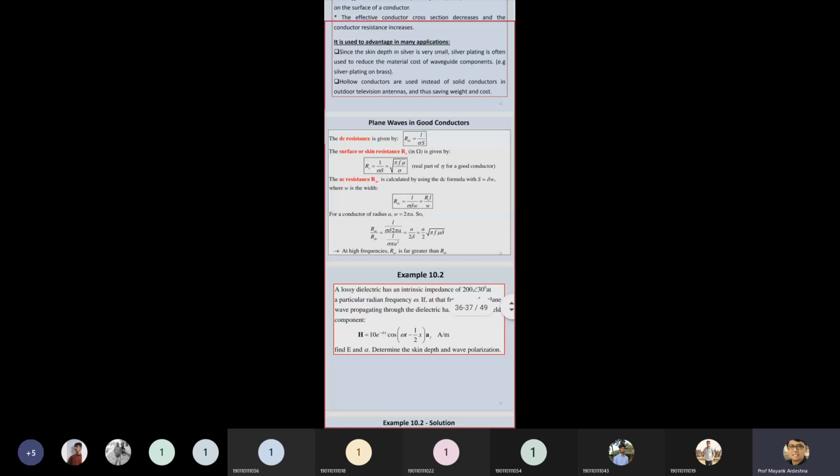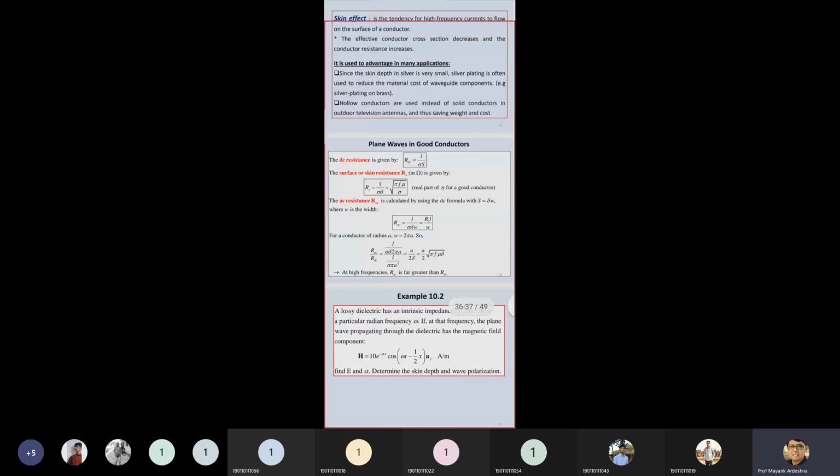How are we getting this equation, root of pi f mu over sigma? For that, they take the value of DC resistance, R is equal to rho L upon A, and similarly find the skin resistance, and take the ratio of these two. Then you get the square root of pi f mu, almost a similar equation. No need to derive this, but you should know what the skin effect is, what the depth of penetration is, and what the effect is whenever you give a high frequency current.